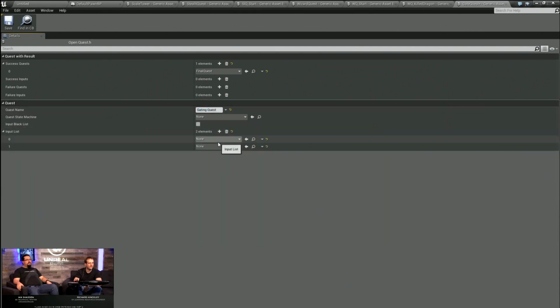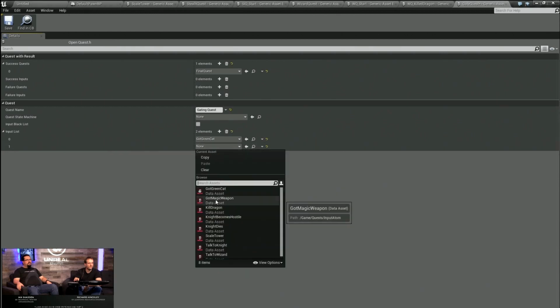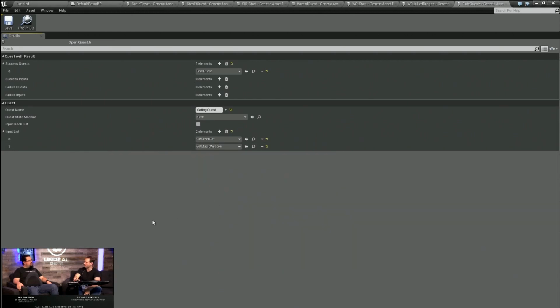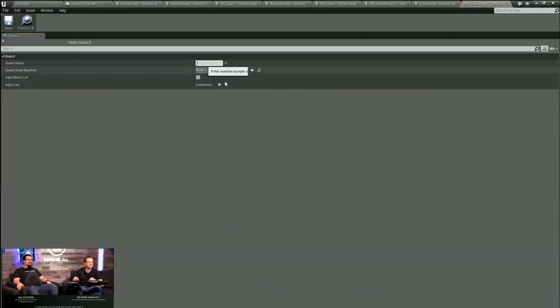Okay, so what are we gated on? Well, we're going to need the cat and the weapon, right? You need to be in your full powered up form before it'll let you go complete the last task. All right. Which is obviously